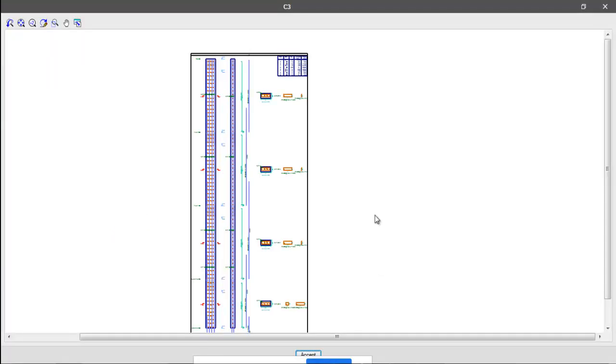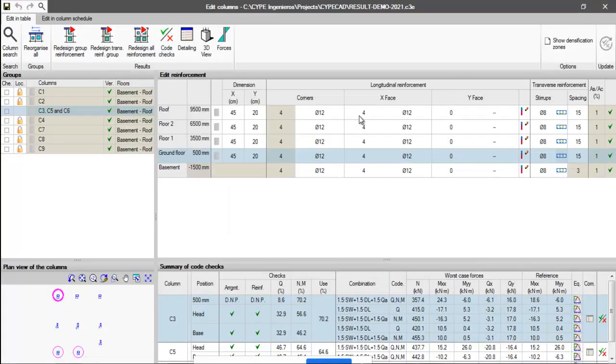Okay, now suppose you ask me a question: how is this design performed, what is the guarantee of this, how can we accept the design just like that, because it is showing some reinforcement. Of course everybody will get a doubt. So for that, there is a report generation here.